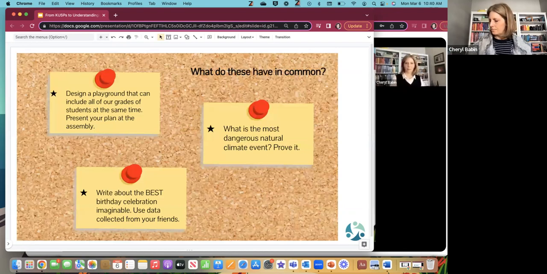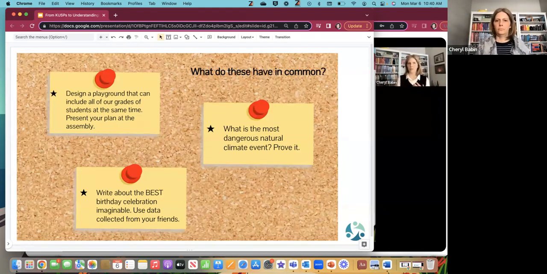All right, so I'm going to pose a question to you to start, and recognizing that some of you will be watching this recording, I won't wait too long for your response. So the question is, what do these have in common? Imagine that the first little sticky note here on the bulletin board says, design a playground that can include all of our grades of students at the same time.